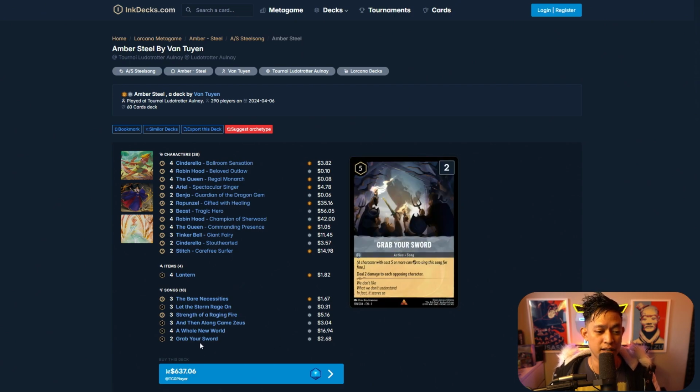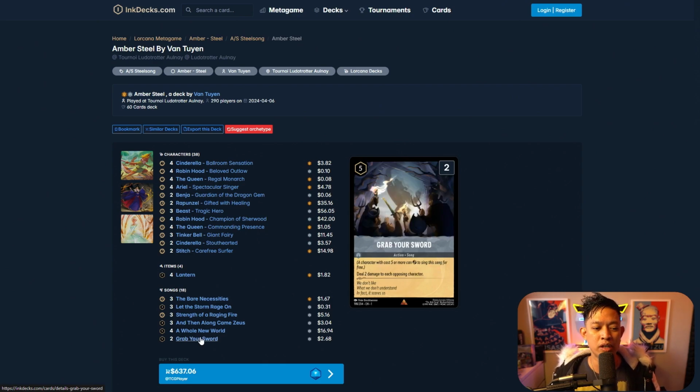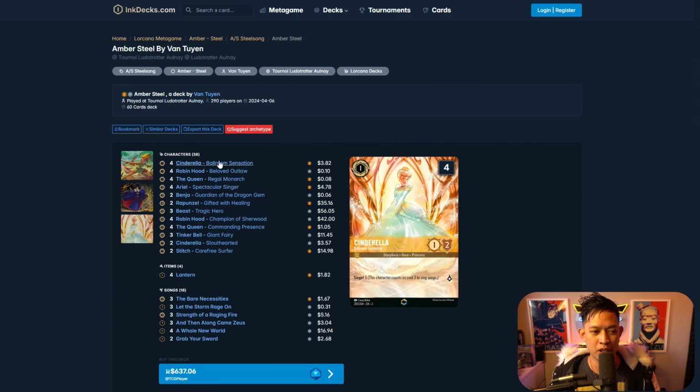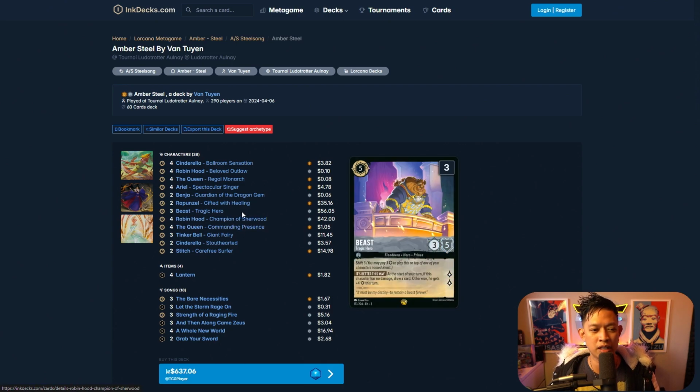I'd like to point out as well that people start running like 2 Grab Your Sword, sometimes 3, but most of the time you will only see 2, sometimes even 1. I think one of the reasons why is that these mid-range decks are already good against aggro. They're not a threat anymore for these, with all these big giant bodies right here that can just deal with